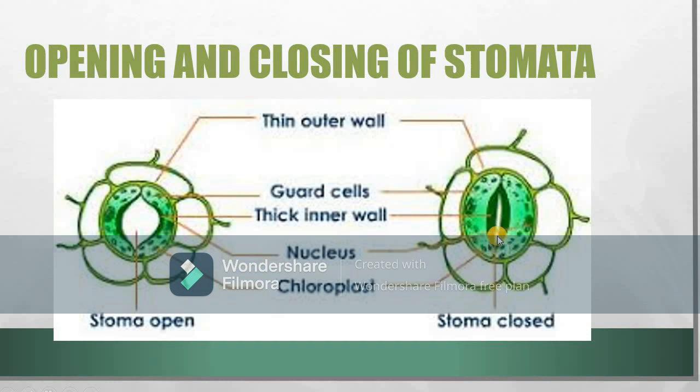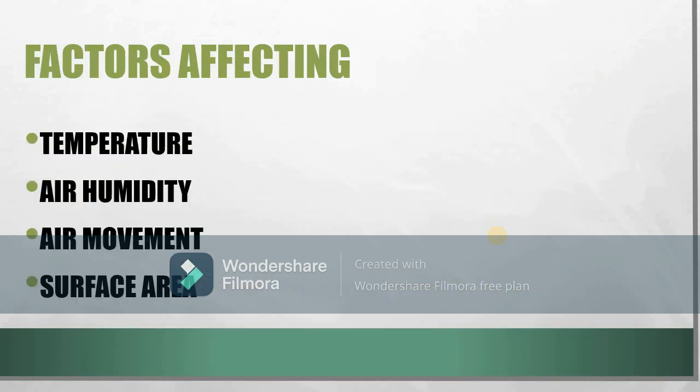In this way, it can stop the flow of water and ions, and save the plant from dying. As the day progresses, the guard cells make glucose, and when they make glucose, they become hypertonic, so water stays in them. When the day ends, the potassium ions flow back from the guard cells towards the epidermal cells, and the concentration of glucose in them also falls. Due to this, the water moves to the epidermal cells, the guard cells lose turgor, and as a result, the stomata get closed. This is about the opening and closing of stomata.